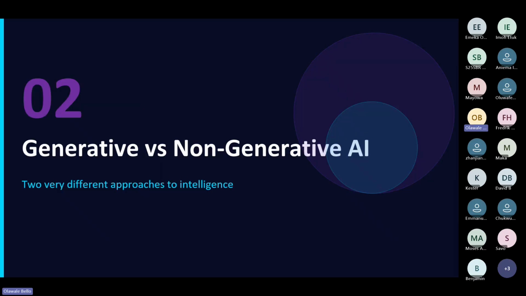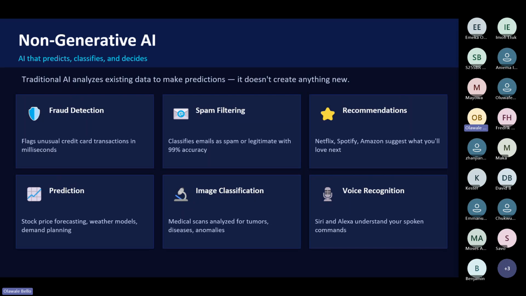So the next one will be to discuss the difference between two major categories of AI, which is generative AI and non-generative AI. So when we're talking about non-generative AI, non-generative AI is the kind of AI that can analyze, classify, predict, and also recommend. This is the AI that empowers so many tools that we use that we probably don't know about,